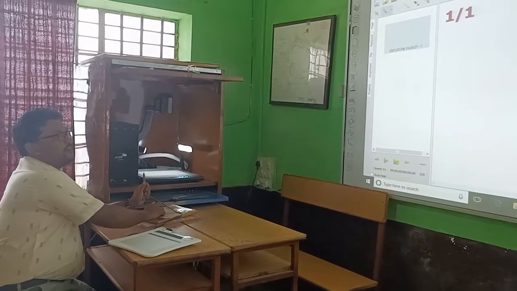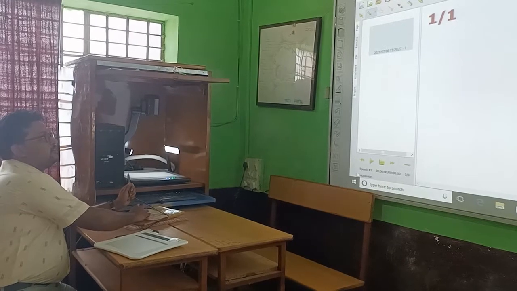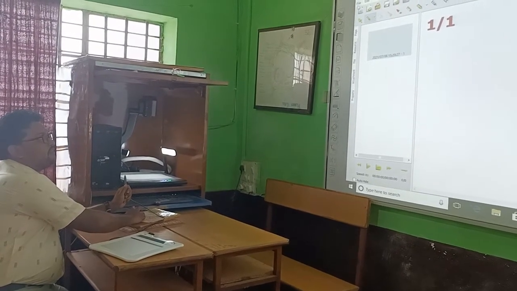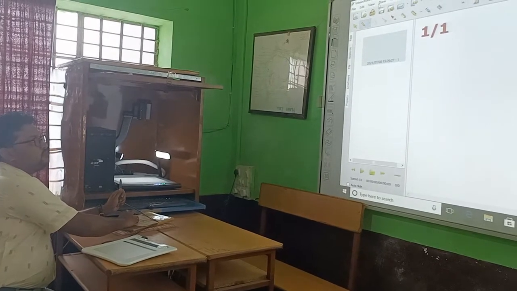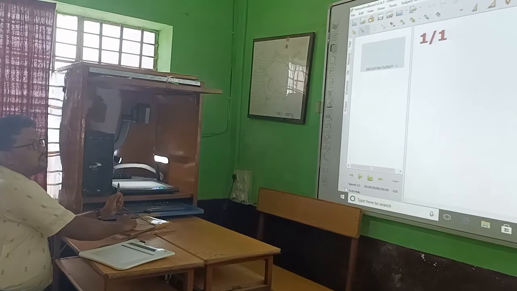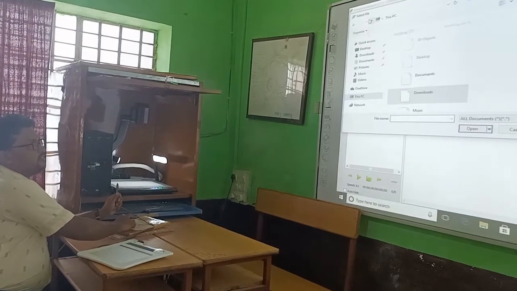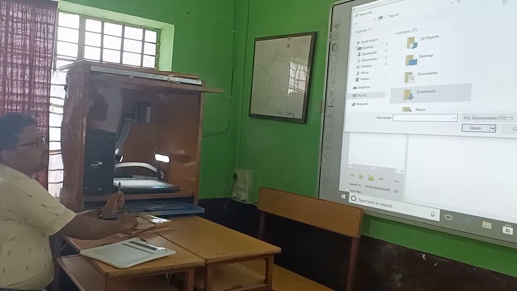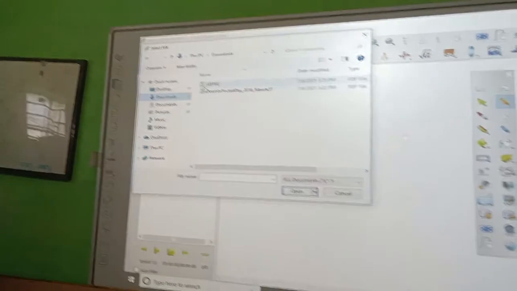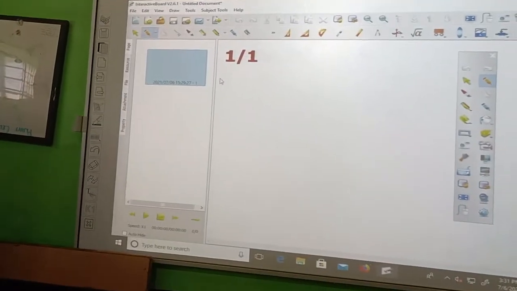So first of all, when you open the interactive board, this is the user interface that will be visible to you. Here we can go to file, edit, view, so many columns and tabs are there. In the second row we have some icons, so if I click your third icon, there I can go to downloads. Here I have already downloaded the PDF book. So if we select the PDF book, it will open here.